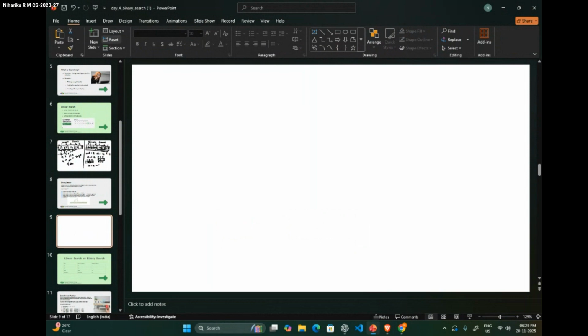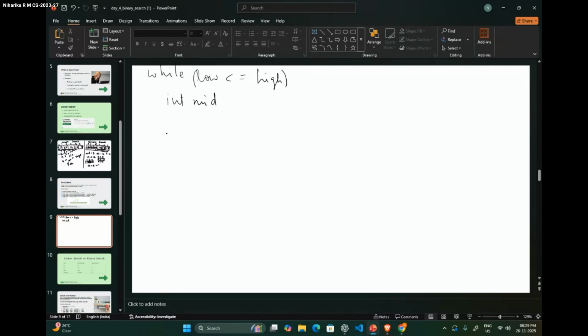So in the algorithm, we first had while low less than or equal to high. We'll find int mid, and then we'll check if array of mid is equal to target, we'll return mid.